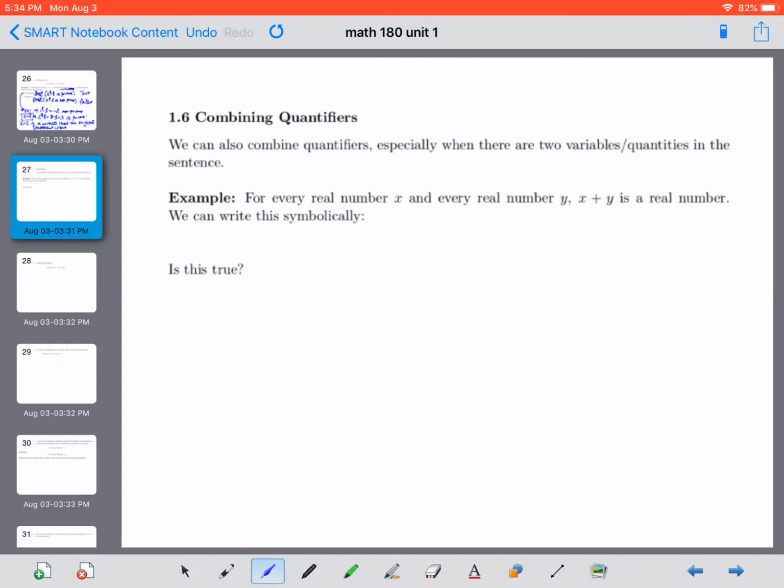As an example, let's look at the statement: for every real number x and every real number y, x plus y is a real number. Now we're quantifying over two different variables, x and y. Symbolically, for every real number x, that looks like "for all x," and every real number y,